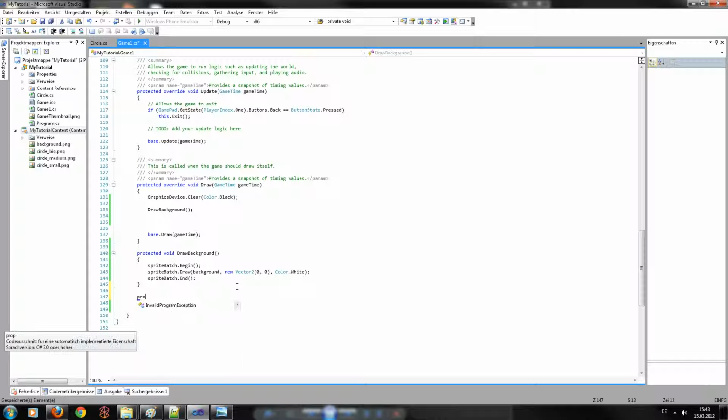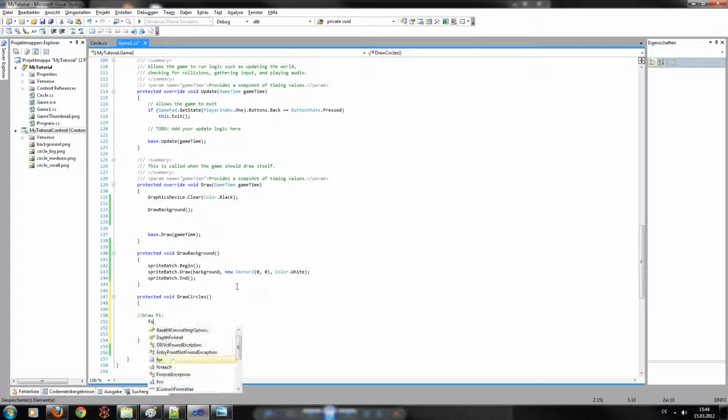which is called protected void DrawCircles. Okay. So we got the circle. So what we are doing is now draw player 1, and we will do that with foreach Circle c in circlesPlayer1. So this is the operation to run through the list, circlesPlayer1, and catch every circle in it and do something for